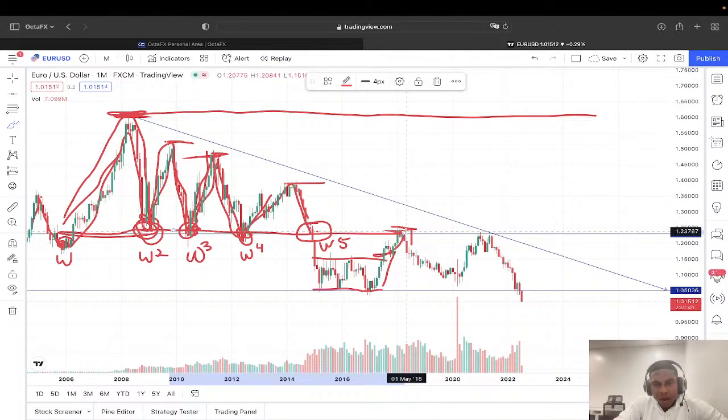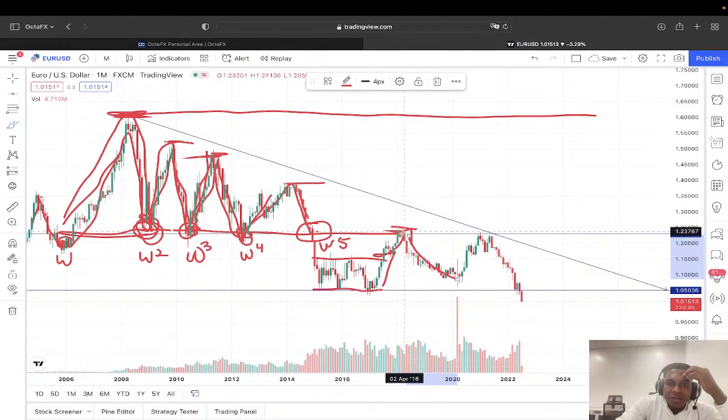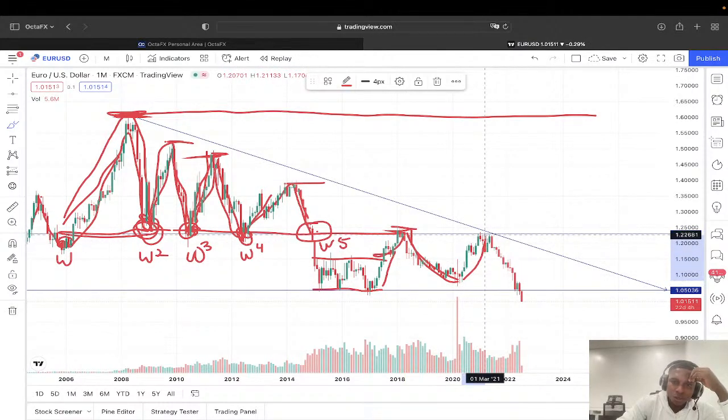Now when it turned resistance, what happens? You can see that price could not break through this level, because this level became a significant level. It was significant because of the previous experience that has happened in that level. Then price came down, and then price went up again